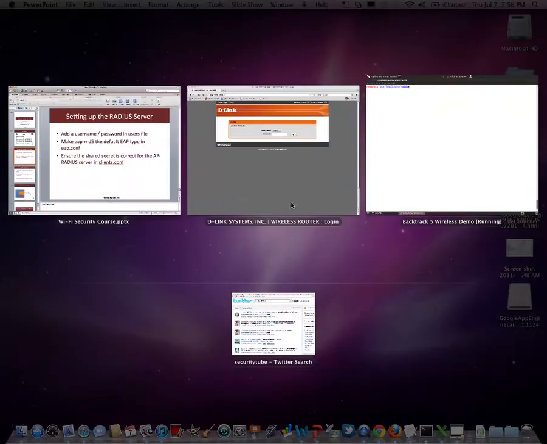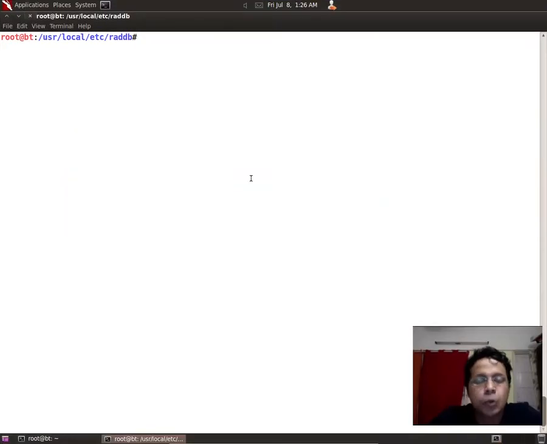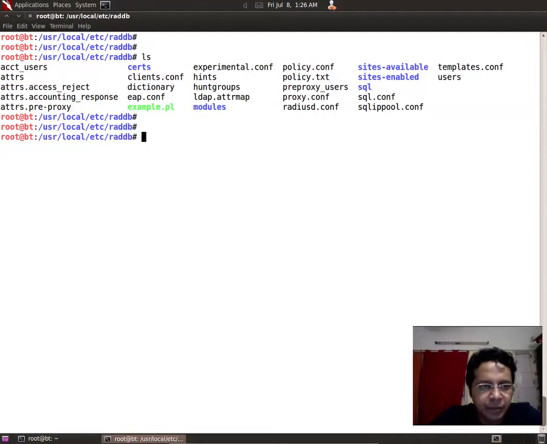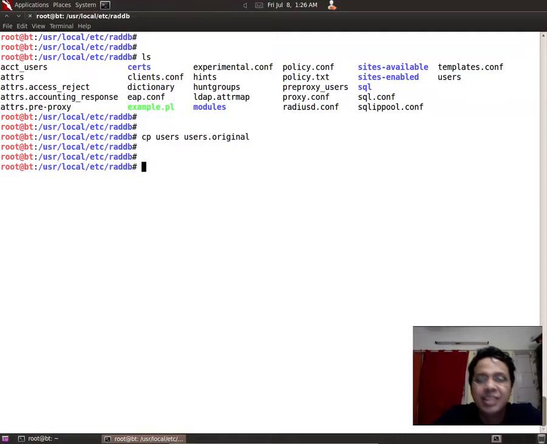So let's go to our backtrack instance. Now this backtrack instance is up and running from the last video as is, nothing has been changed. The first thing we need to do is go into this directory, user local etc raddb, and inside that let's first create a backup copy of the user's file. We'll do this for almost all our videos simply because you're going to change a lot of things and you would ideally want to go back to the original configuration if something goes wrong. So let's open up the user's file,